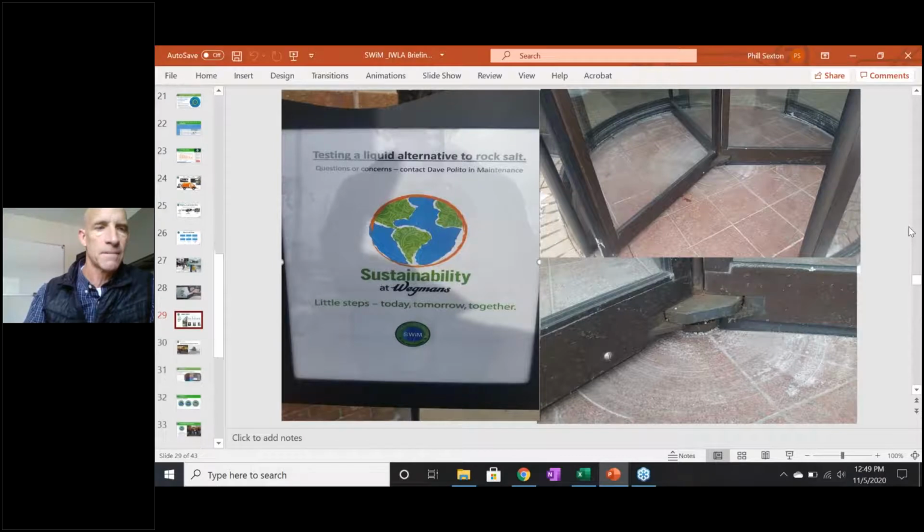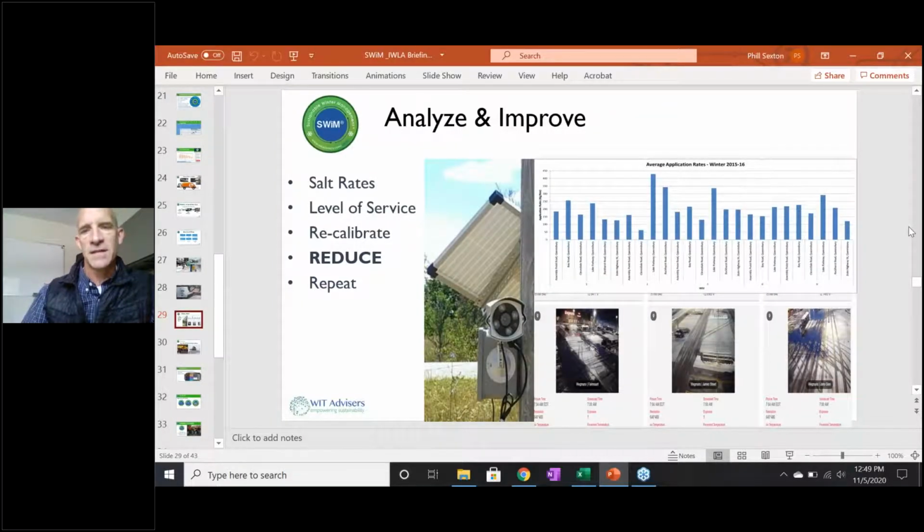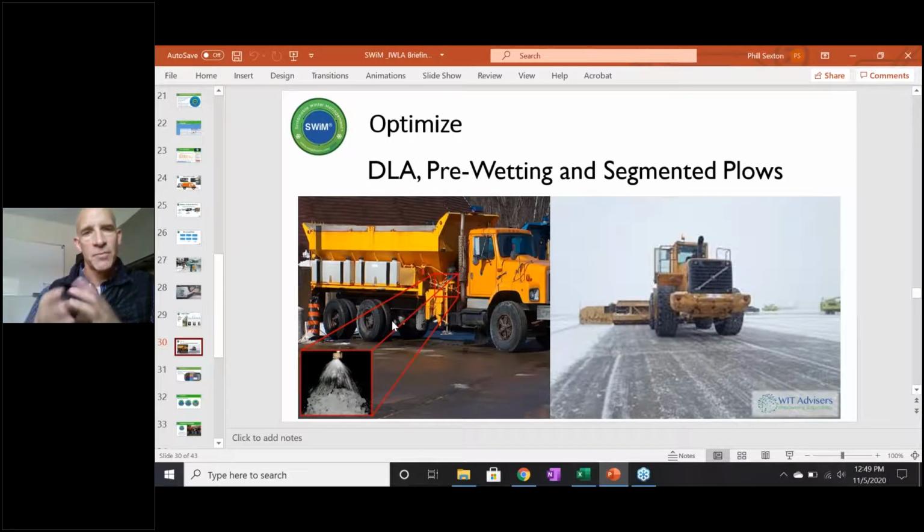So with that then is analysis and improvement of your salt application. You can do that through this monitoring technology, which again is very inexpensive for the private sector to now be able to analyze their own fleets of trucks to see who's putting down, say, double the amount versus half the amount, but achieving the same level of service. And so how do we enable them to do that more so? And then the optimization part of the process really is there's technology and methodologies in particular that allow you to more efficiently apply salt